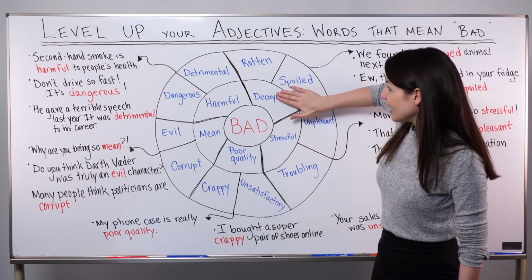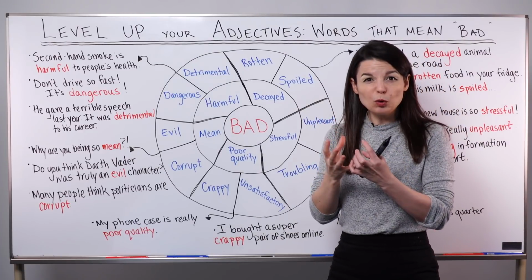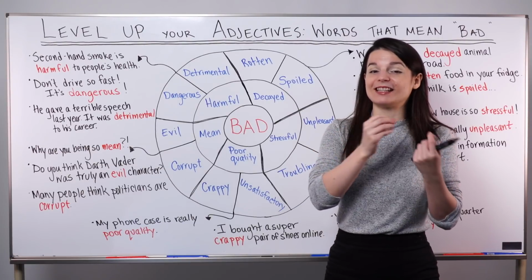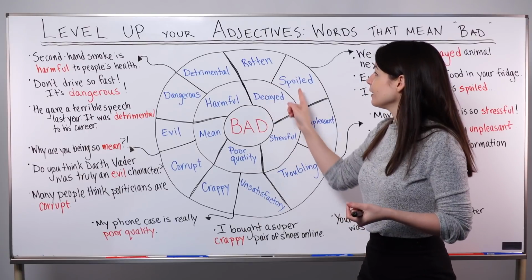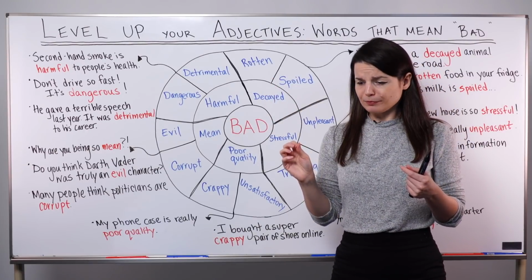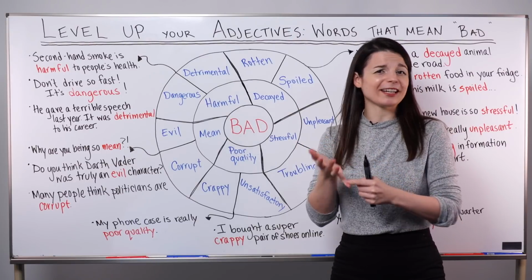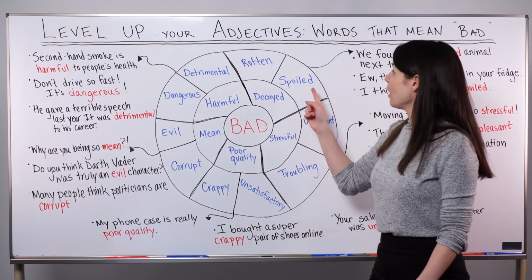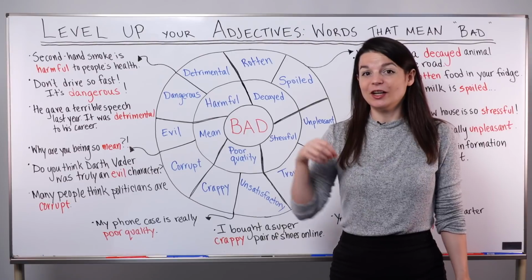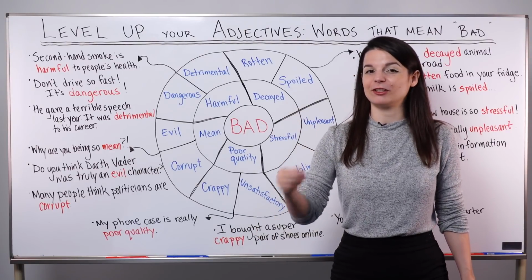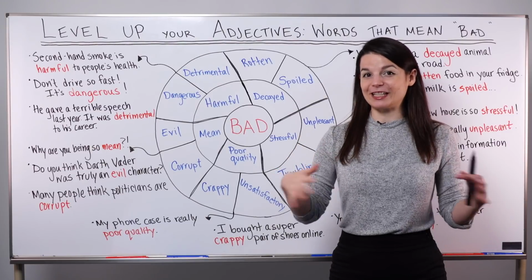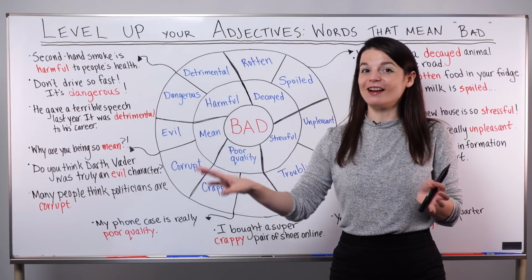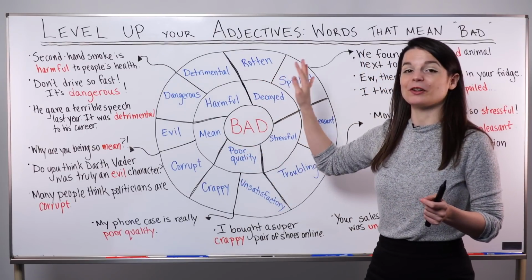So, decayed. The root here is decay, which means that something is very old, or maybe it's dead, and it's becoming like in a worse state than originally. Spoiled and rotten share a meaning, which means that something is maybe growing mold, like in your refrigerator, or it's no longer safe to eat, as with food. We can also use this word to talk about children who have had too much good stuff, like too much candy or too much money or too much fun. They expect too many fun things. So it's something that was maybe good before, but now is not good.